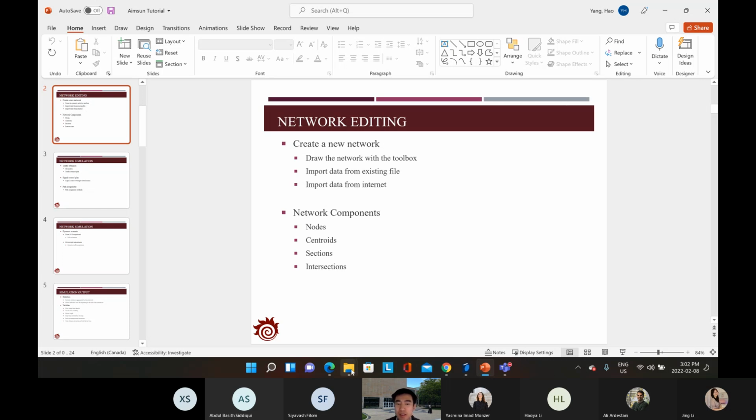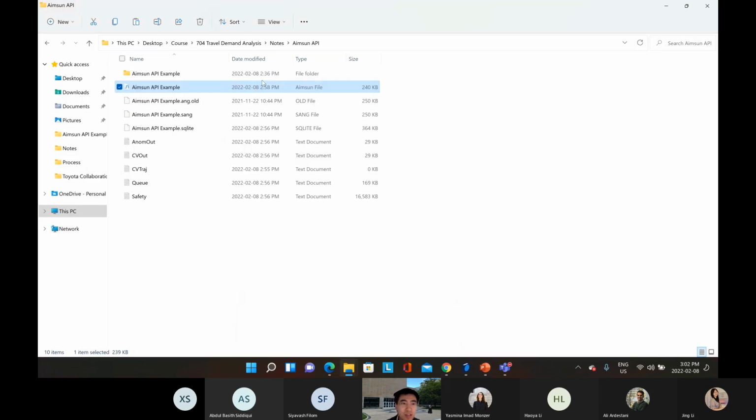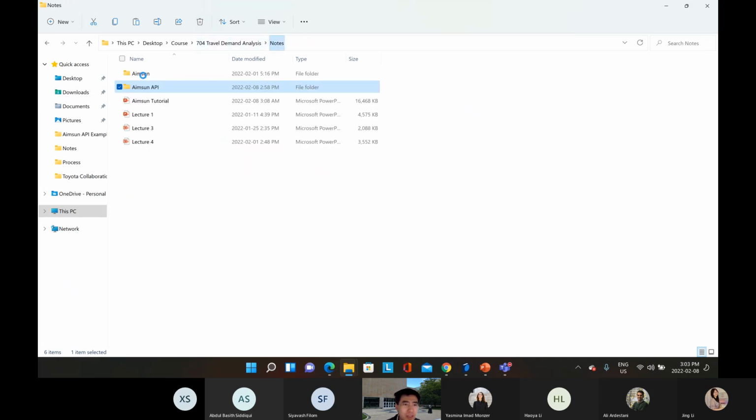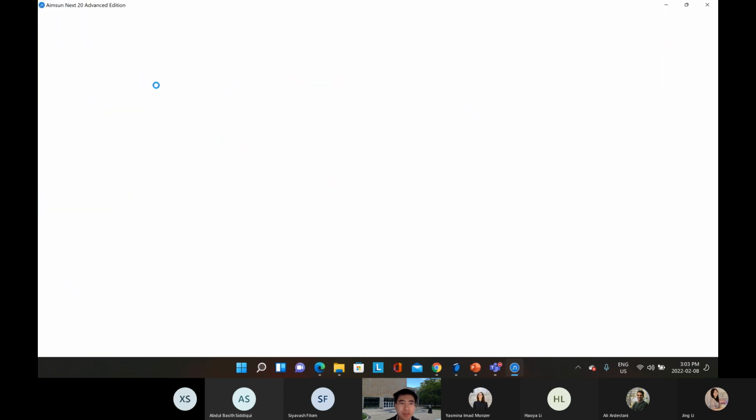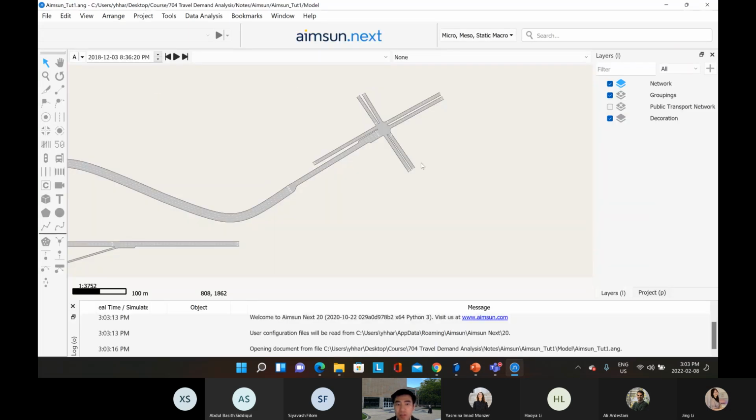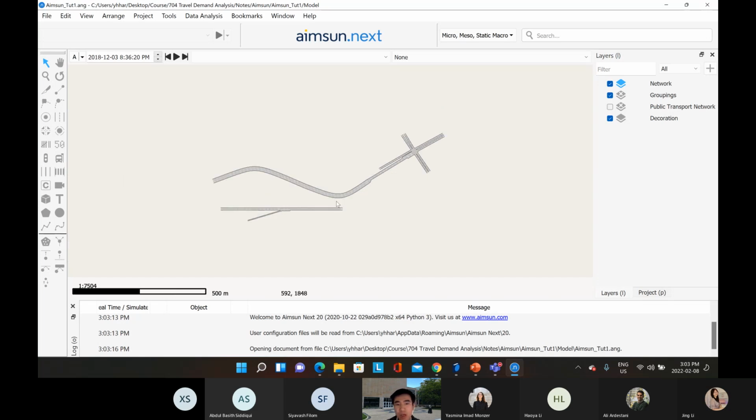So we're going to use the same network we developed last time. Let me just bring out the one that we developed. In the tutorial, I guess we built a network. If you have that one, just feel free to open the network on your computer, and we're going to see how to complete the full simulation. I will try to remove this one. This is the freeway example that we